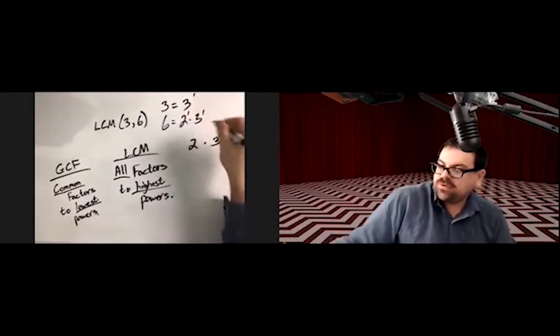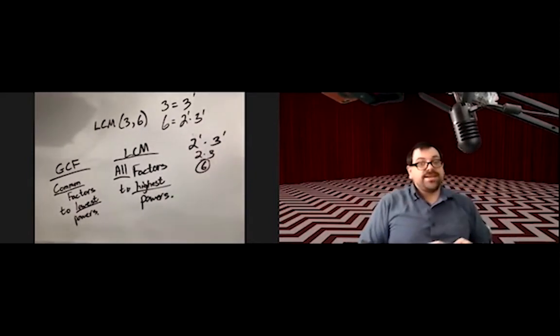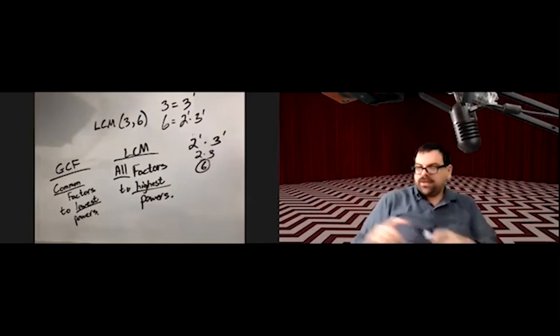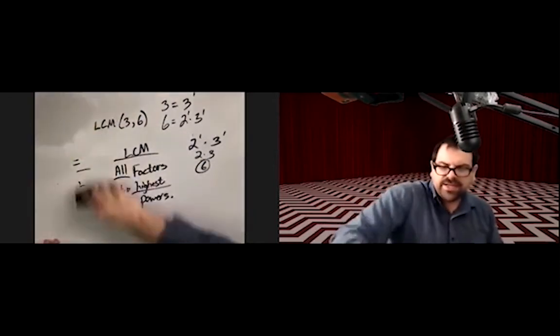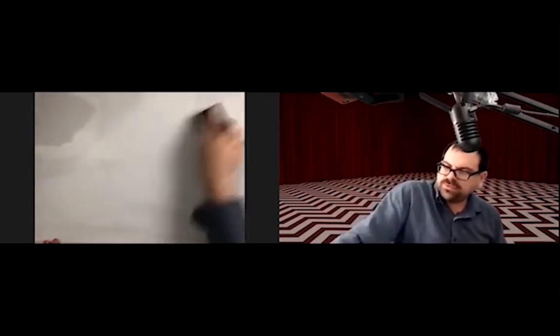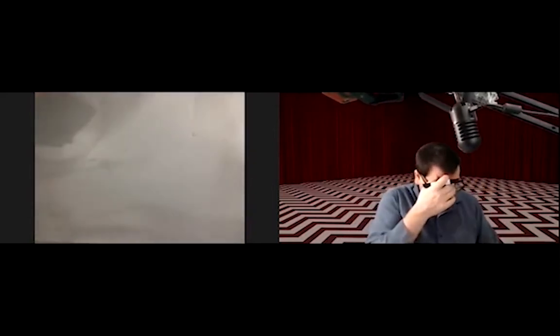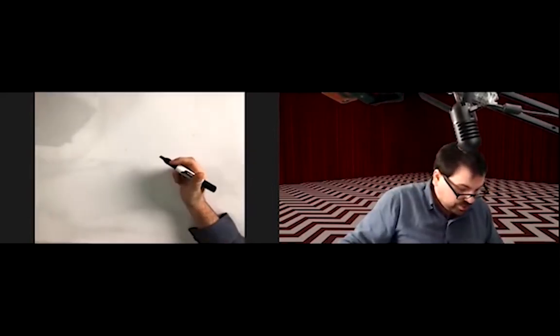And the highest powers we have of each of them are just the first. That gives us our 6. Let's use this method of finding the common multiple, which is how we find the common denominator, to do